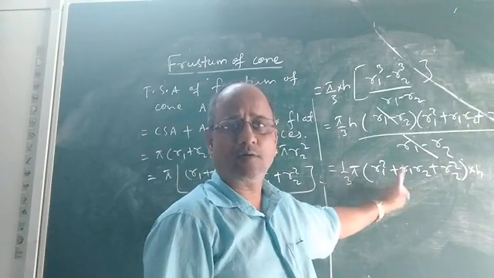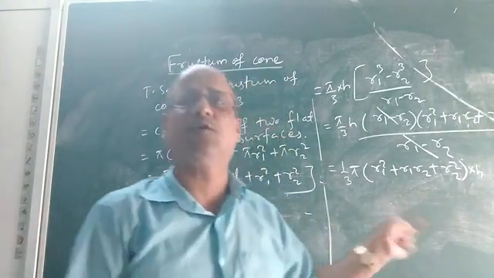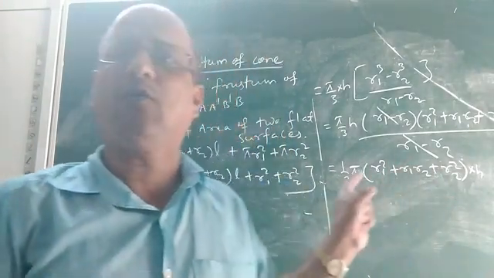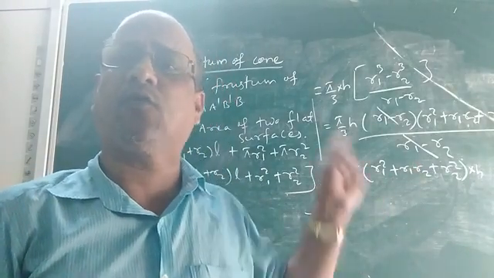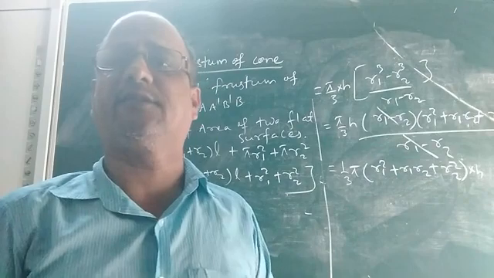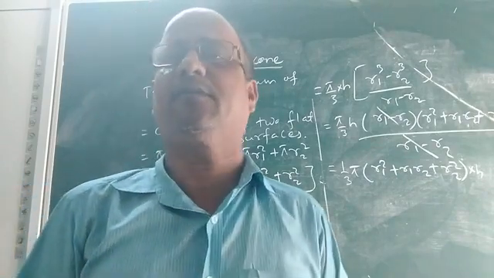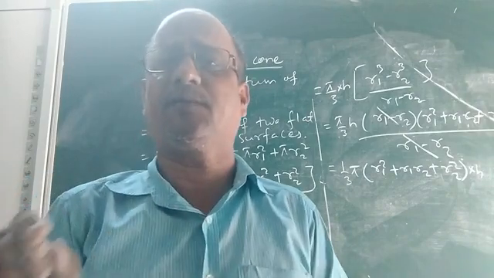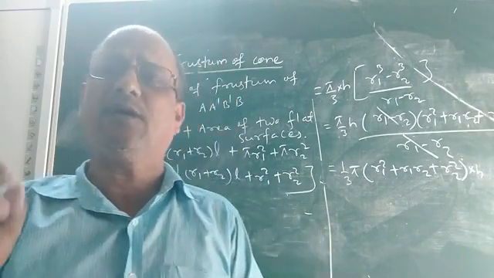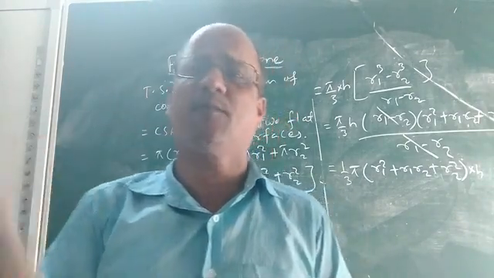This is the formula for volume of frustum of cone. Children, I hope whatever I discussed, how to derive the formula for volume of frustum of cone and the total surface area, in this class, you must have understood. So with this we came to the end of the chapter, that is surface area and volume. Only we have to discuss problems. We are going to discuss problems later.